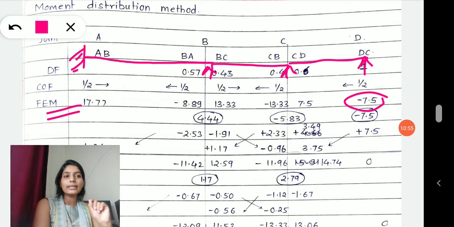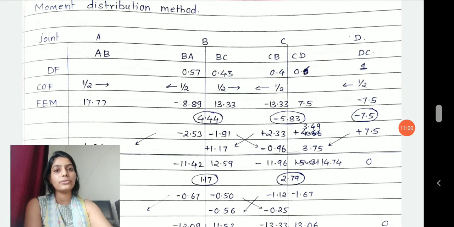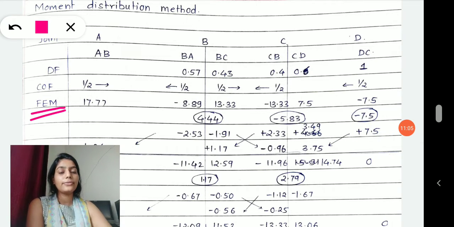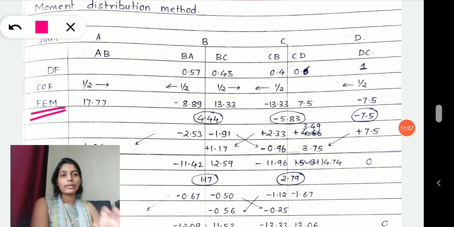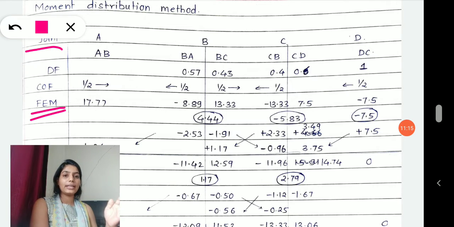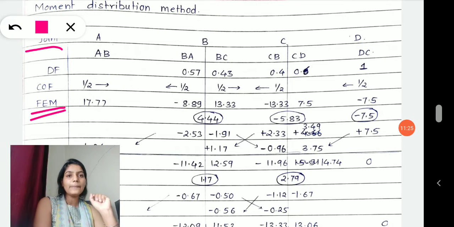For that you have to balance it. How am I balancing it? By taking a stiffness factor. How am I doing it? Look here, pay attention to it. For fixed end moment, we will start from the very first parameter, joint. I have written joints A, B, C, D, the exact replication of the beam here in my tabular format. I have 4 joints in my beam, therefore I have written 4 joints here. Along with that, I have spans AB, BA, BC, CB, CD, DC.